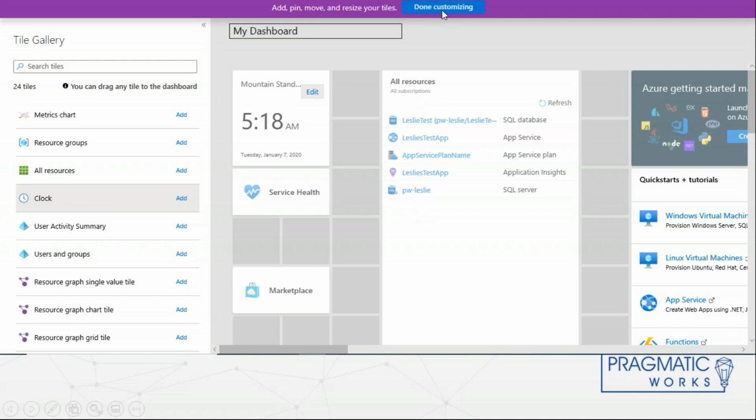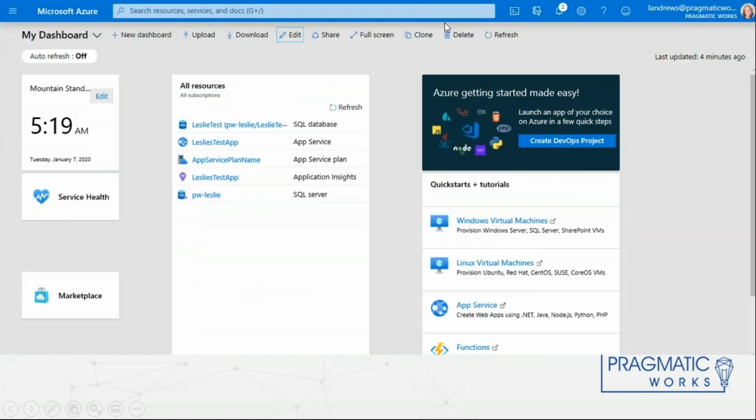When you're done moving around and getting your dashboard created, you push the Done Customizing button, and now this is what my dashboard looks like. I can get easily to the marketplace, I can see what time it is, I have all of my resources listed, and again, some of the resources that Azure and Microsoft make available for you for tutorials and learning, and some quick starts for creating resources.